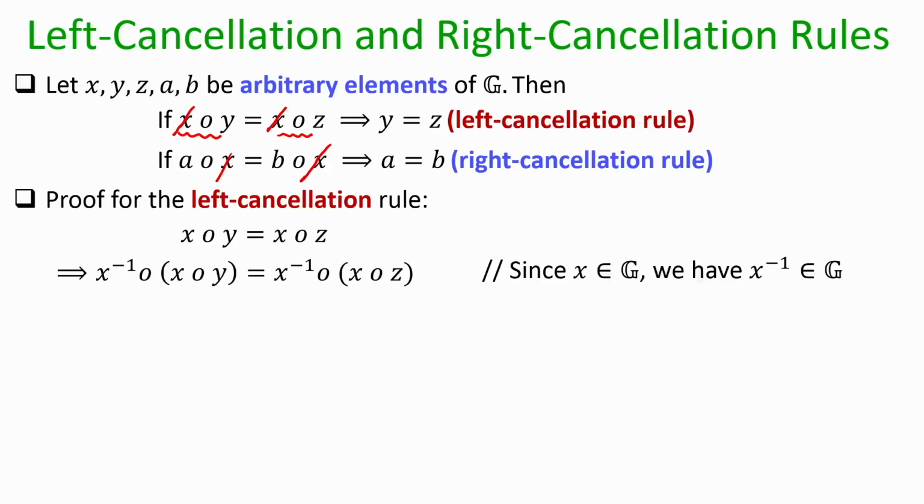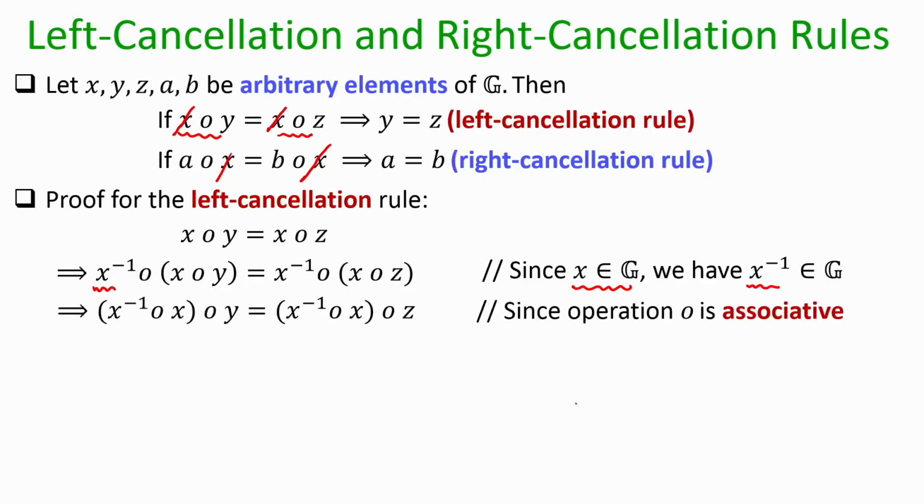Now, since x is an arbitrary element of your group, and for convenience I am now following the multiplicative notation, the inverse of x is also present in your group. So, what I can say is that the result of x inverse operation x operation y will be the same as x inverse operation x operation z, right. And now, since my operation O is associative, I can rearrange the terms here on the left hand side as well as on the right hand side,